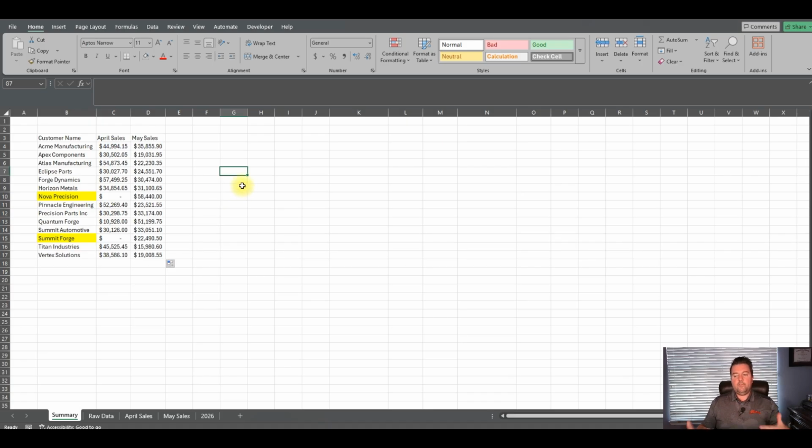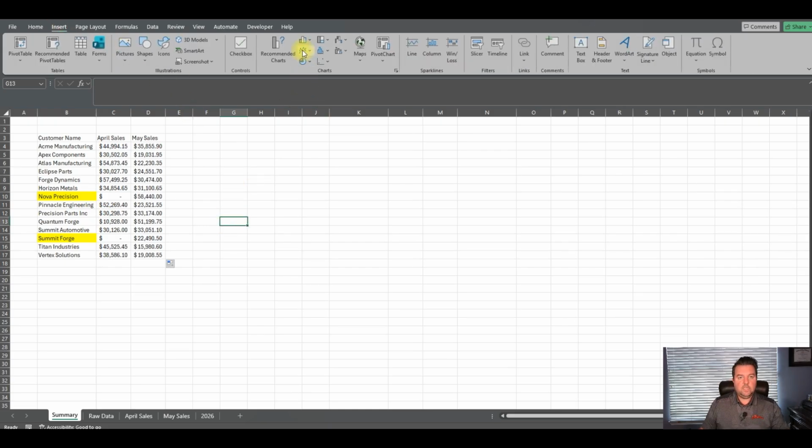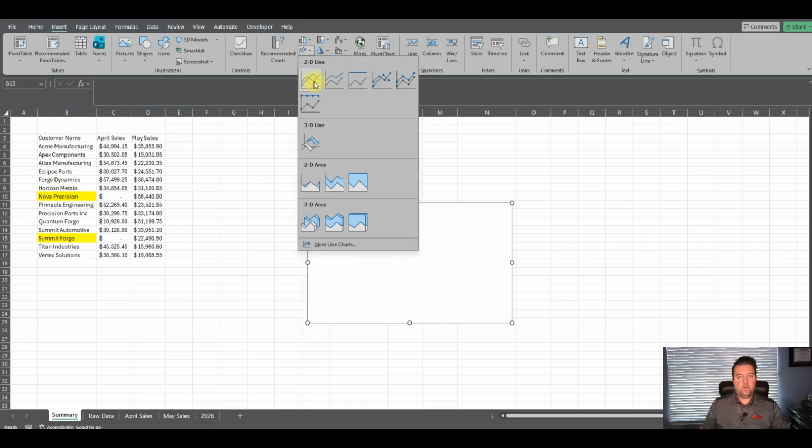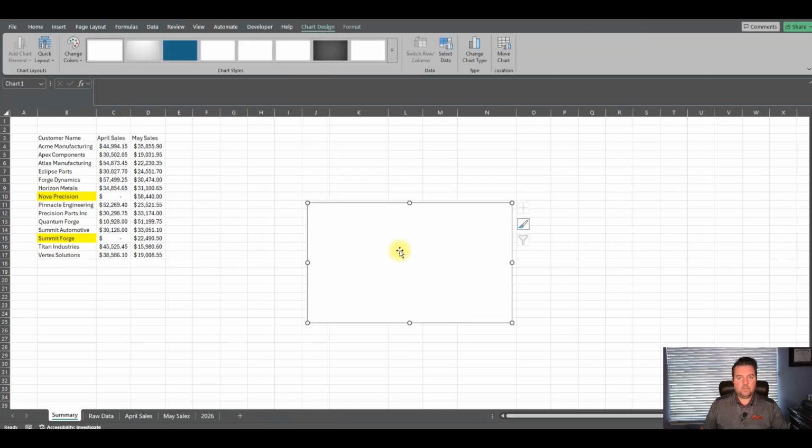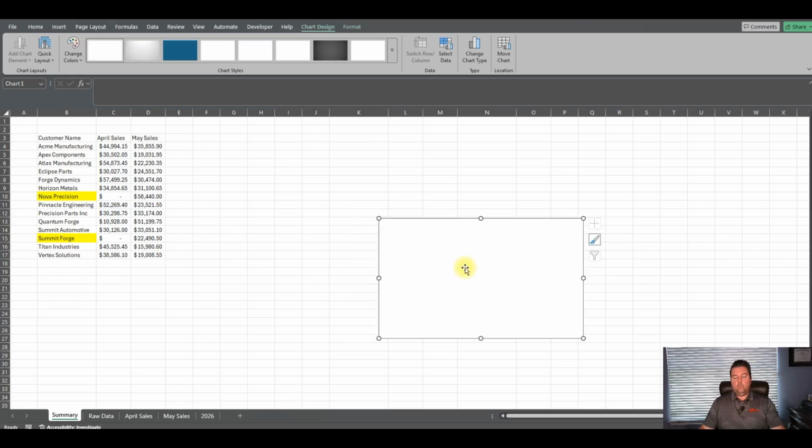Whenever you can set up these kind of automated things, it's better to do that because it updates by itself. And now the really nice thing is when you put in your data visualizations, like now we can put in a chart, and we're linking the chart to this data, which is linking to the actual inputs.